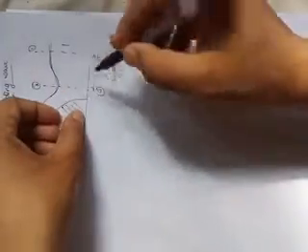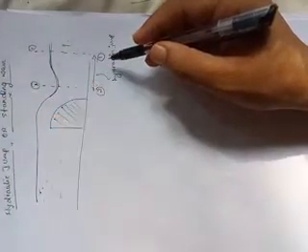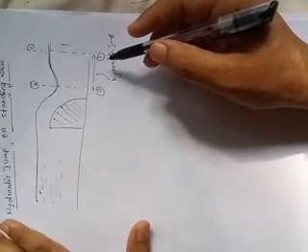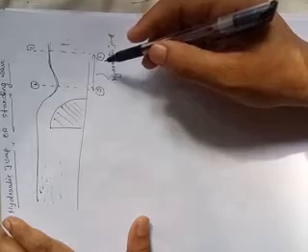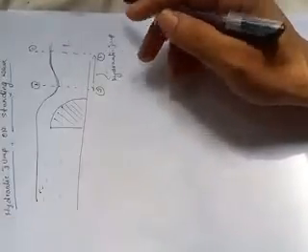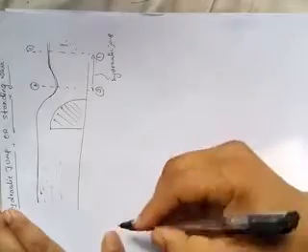So hydraulic jump takes place due to the transformation of the supercritical flow to the subcritical flow. When the hydraulic jump takes place, a loss of energy occurs due to eddy formation and turbulence. There will be a lot of energy loss in the hydraulic jump. Now go for the expressions for the hydraulic jump.